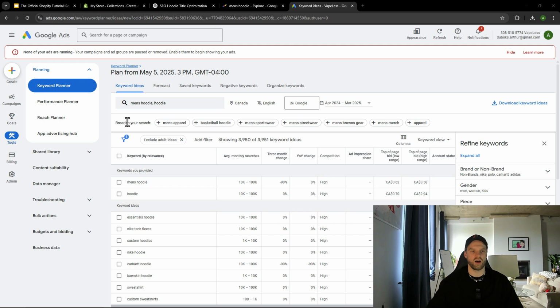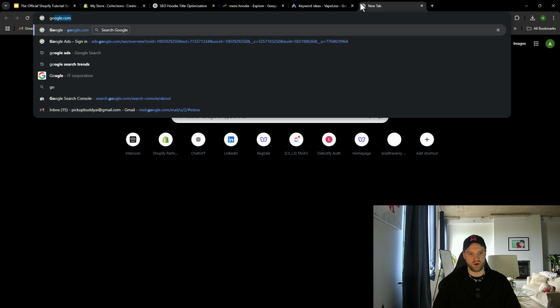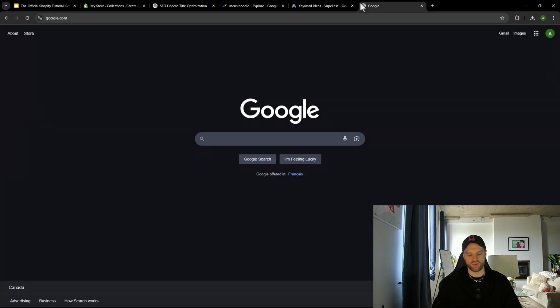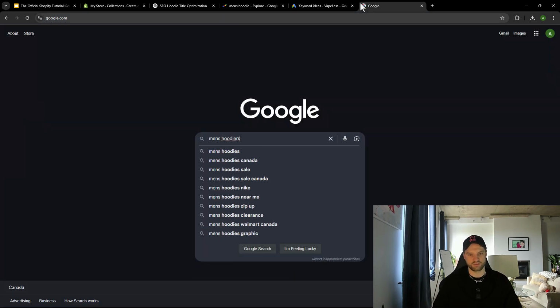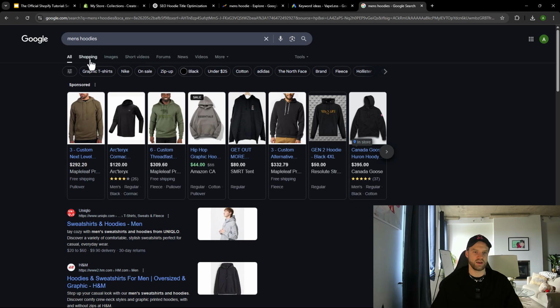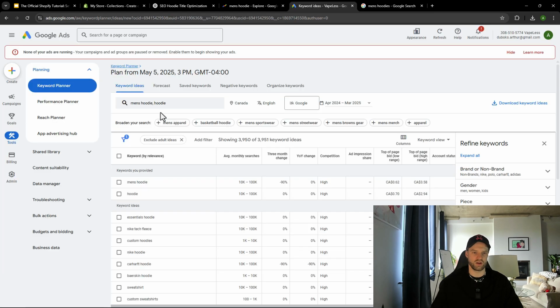So guys, use Google search trends to validate your idea overall, and Google Trends and Google Ads to validate if the keyword has demand, specifically the keyword itself. By keyword I mean if I go on google.com and I search for men's hoodies, this is the keyword essentially that we are using here to validate